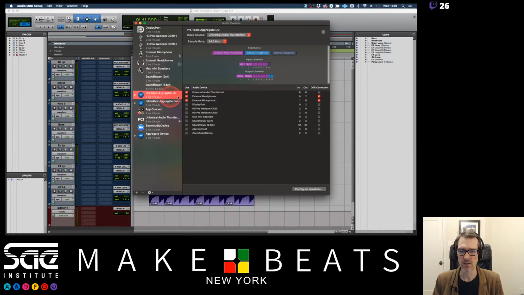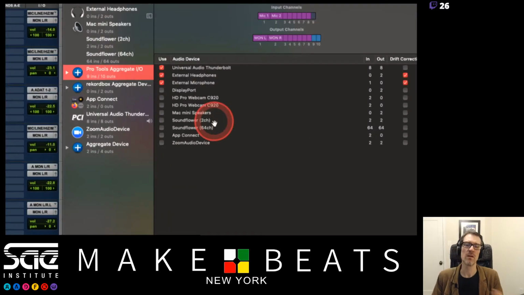Now the Pro Tools aggregate can have multiple inputs and outputs and stuff like that. And what happens is all of the stuff that you have connected to your computer will show up in a list here, and you can click it to say use or don't use. I'm not going to click anything else because this is already set up correctly. But basically what you would do is you would have your external headphones and your external microphone checked. And that way, whenever you want to record your microphone and listen at the same time, you can do that